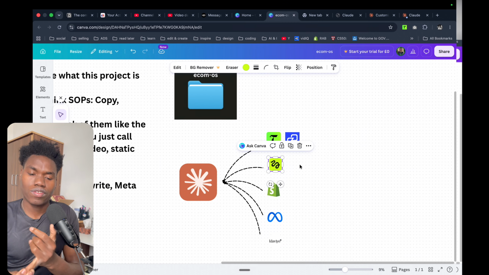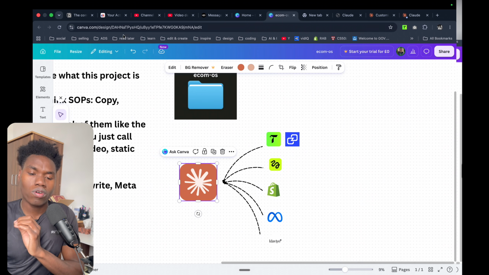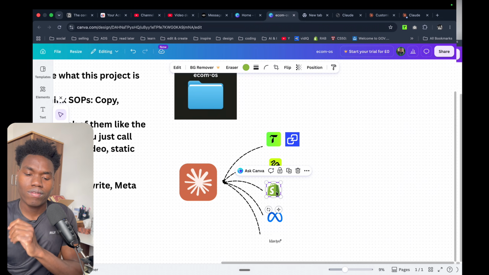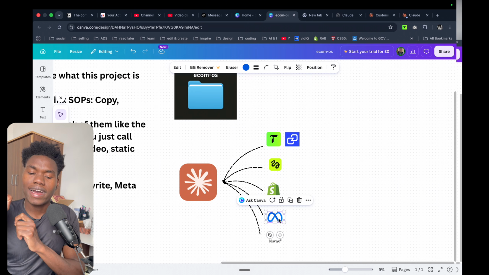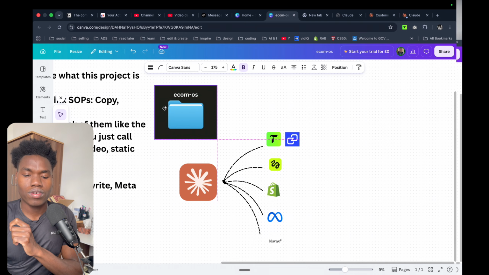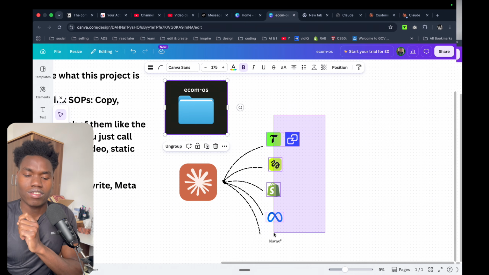We'll create images, we create copy, we create UGC videos, we create advertorial pages, all inside Claude without leaving Claude. We don't have to open many tabs in our browser. We don't have to open these tabs. We don't have to open this tab. We don't have to open the Shopify tab. We don't have to open the ad account tab. We sit inside Claude, open this folder inside Claude, and do all this work in one session without leaving Claude